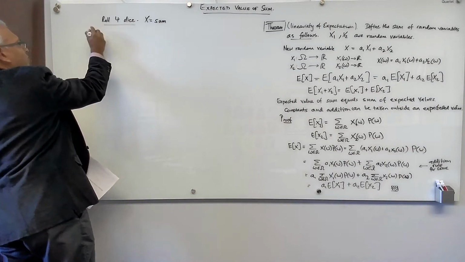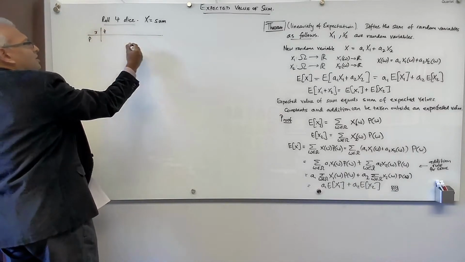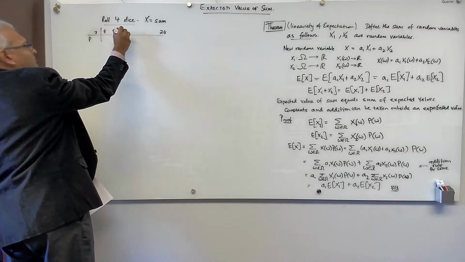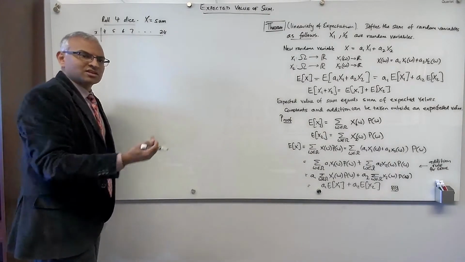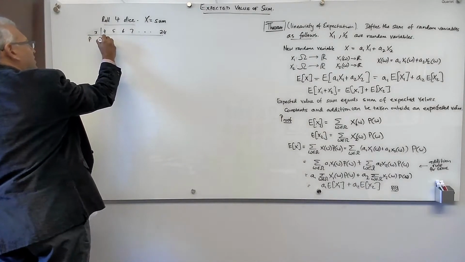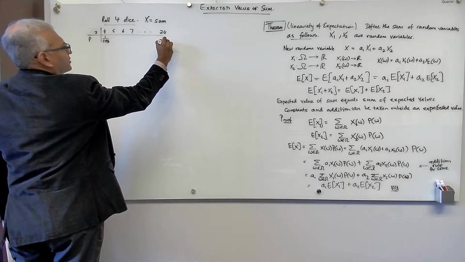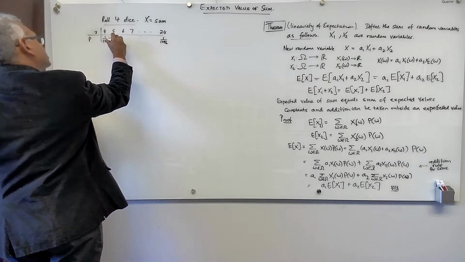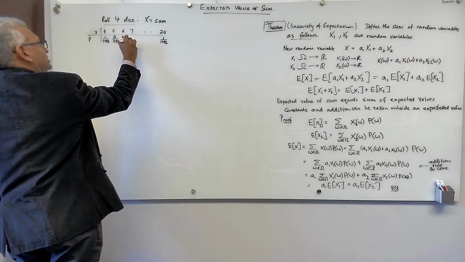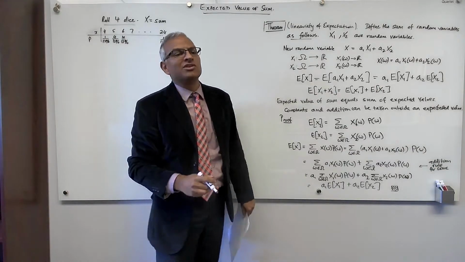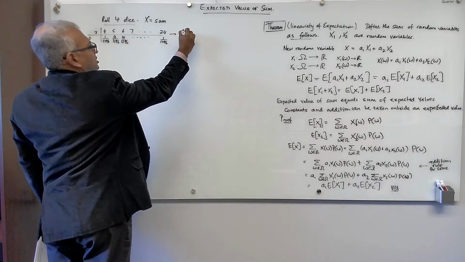So if we take the possible values of the sum, what's the probability? The minimum sum is 4, and the maximum sum is 24. So you have 4, 5, 6, 7, and so on. It's a uniform sample space, so 1 over 6 to the power 4, that's the number of outcomes, 1296. There's one way to get a 4, so 1 over 1296. There's one way to get a 24, 1 over 1296. And then a 5 is 4 over 1296, and then 6 is 10 over 1296. And now you might ask, how many ways are there to roll a 7, and so on and so forth. So you can compute these probabilities,